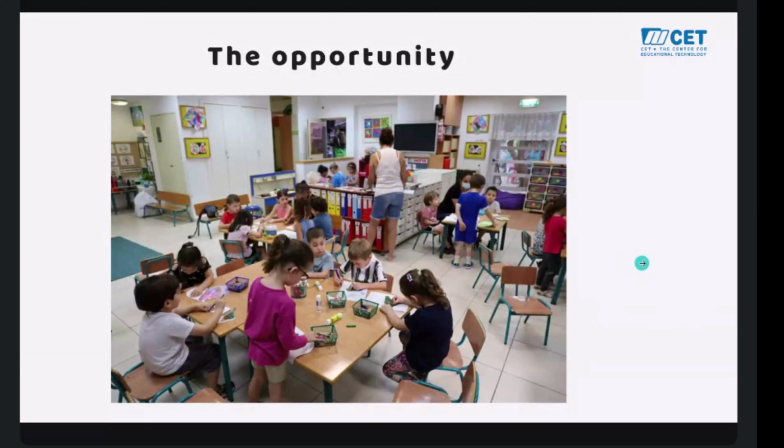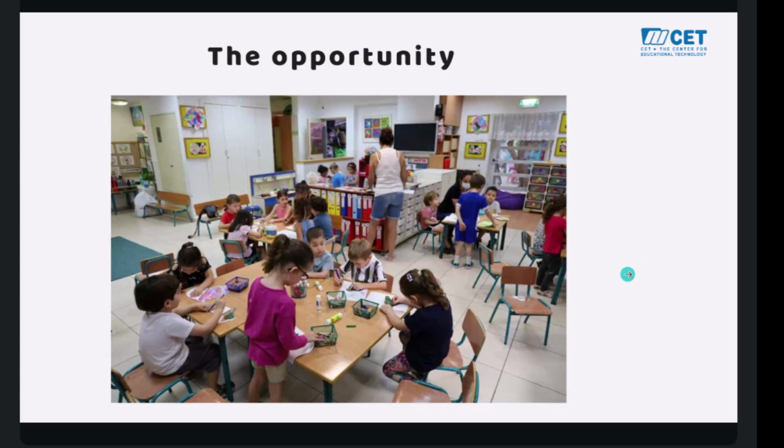So this project started in Israel, as I said, when we tried to look at kindergartens and see what opportunities we had to integrate technology to help kids learn social and emotional skills. This was just post-COVID in Israel, and like anywhere else in the world, we saw that children, especially young children, took a serious hit on their social skills development from all these months of social isolation, and possibly a little too much screen exposure and engagement.